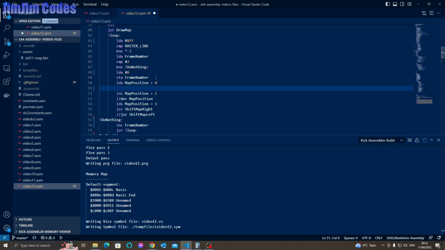So what we want to do is only run this code here, which is actually shifting by one character. We want to only do that when the hardware scroll is 0. When it's 7, 6, 5, 4, 3, 2, 1, we want to just subtract 1 from it. Okay. So what we will do, let's just